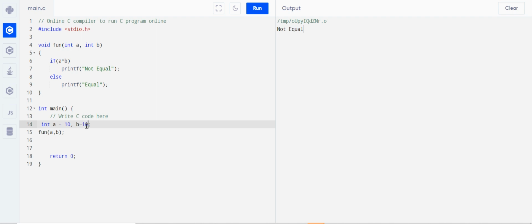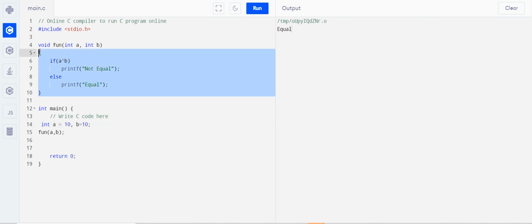Now let me try changing the value and check. It's giving equal. So we didn't use an equal sign here, and we can still compare the values. So it's a very good application of XOR. You can use this. Now I will move to my next question, that is,